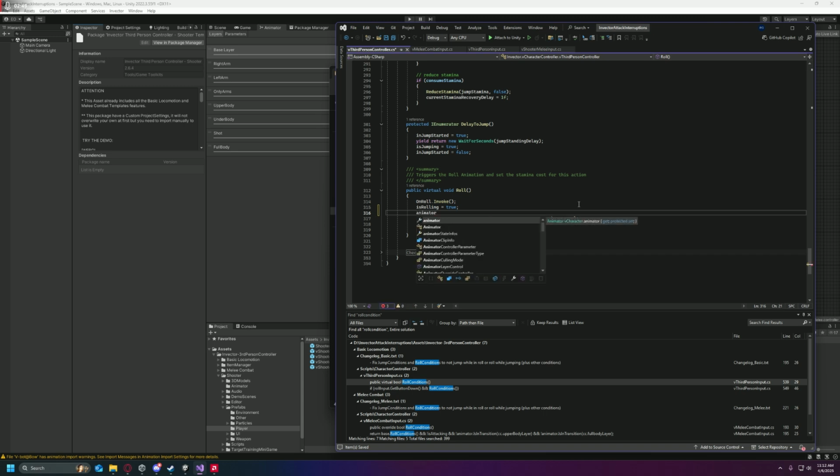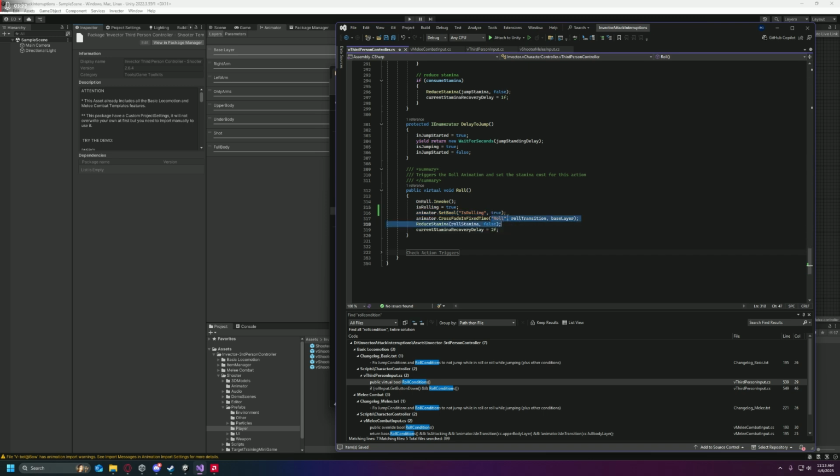What we also want to do is we want to tell our animator that we're going to set that is rolling that we added. We're going to set that to true. In the V third person controller, just find void roll, add this line in before the animator call to actually do the